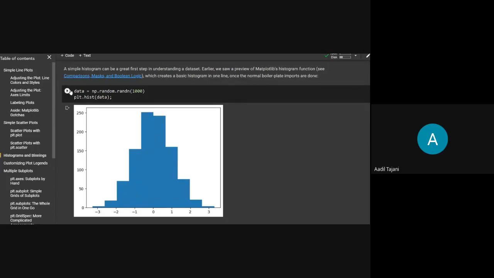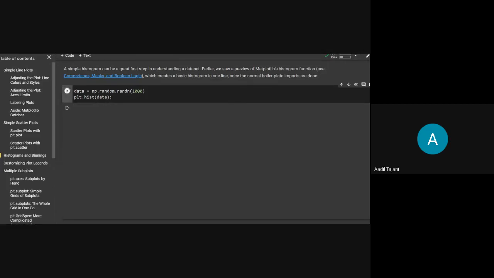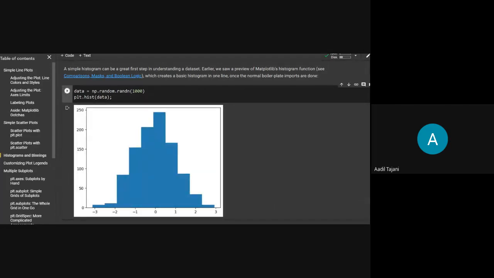So I'll just create a list of data which will give me a sample from the normal distribution. And I will use the function hist to plot a histogram. In a histogram, you just pass data of a single dimension. Histogram shows you the frequency of each range, that in this range, how many data points are present.